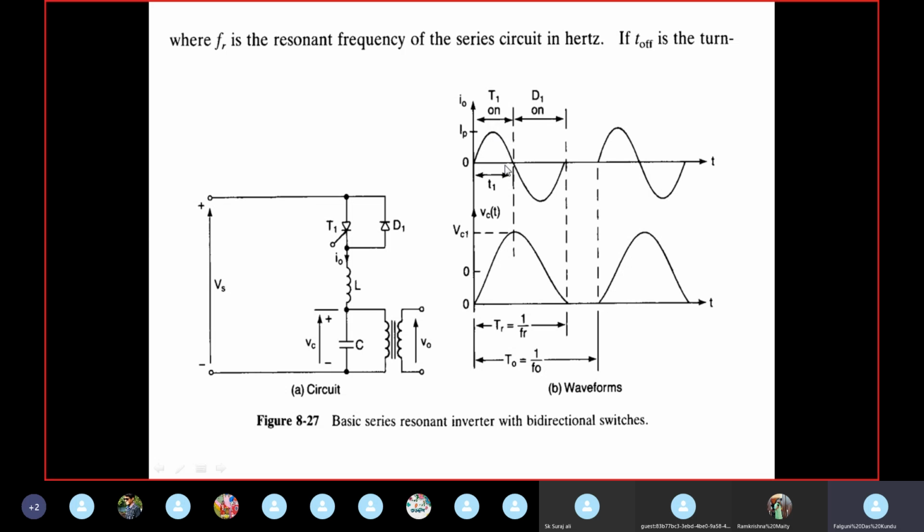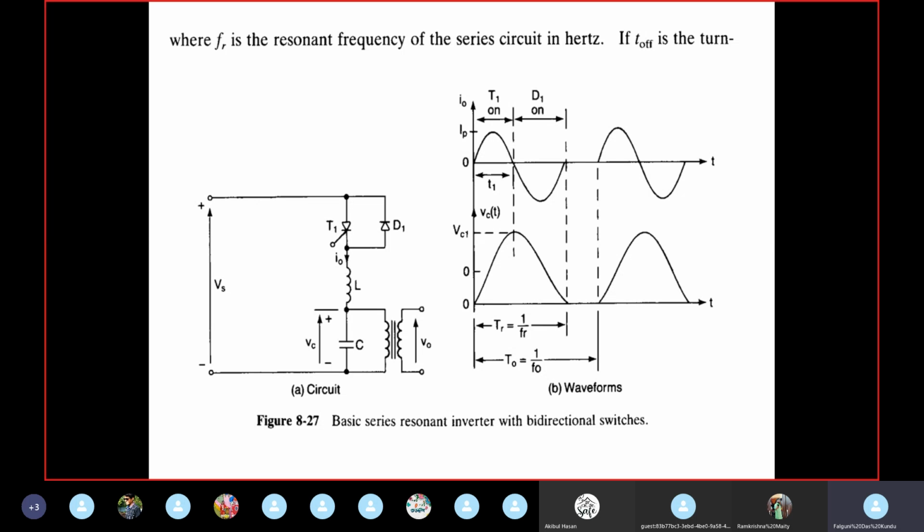Here it is seen that up to the time t equals T1, the thyristor T1 is on, and after that T1 is self-commutated and the current continues to flow through the diode D1 until the current falls to 0. The reverse voltage of the thyristor is limited to the forward voltage drop of a diode, which is typically 1 volt.